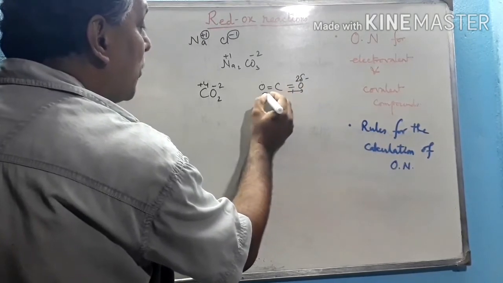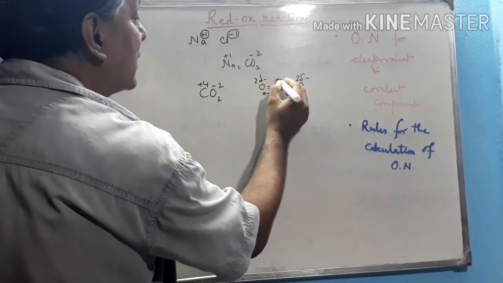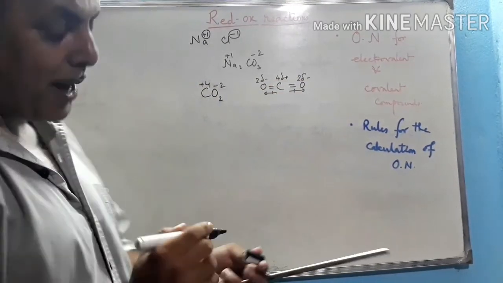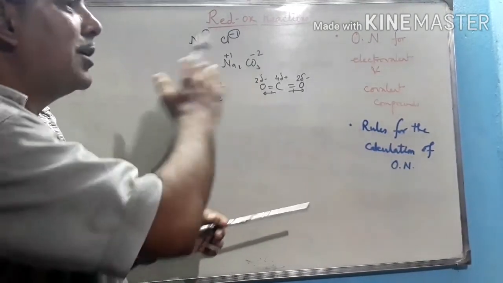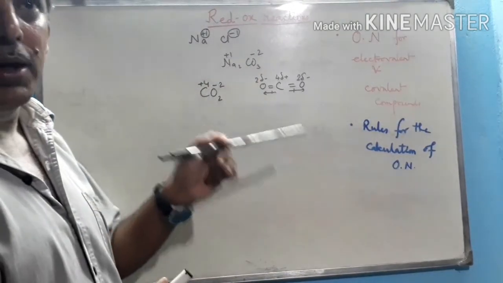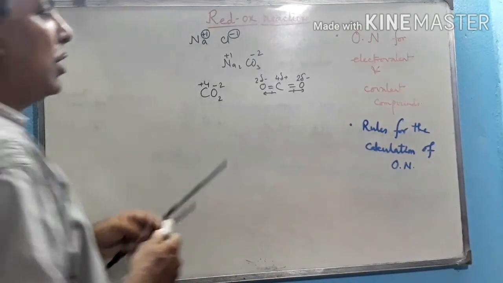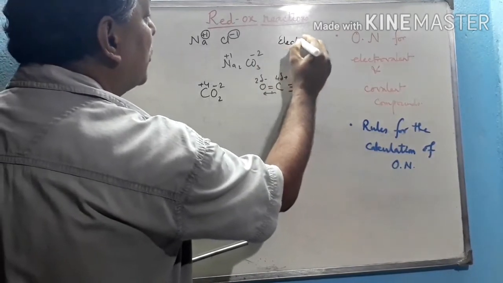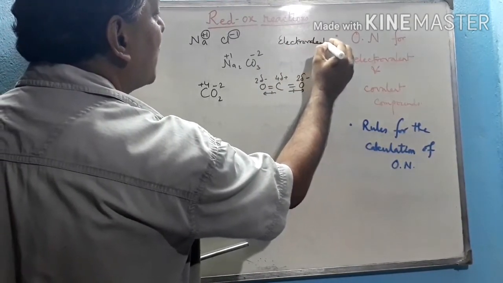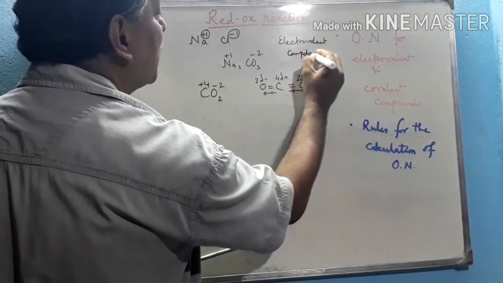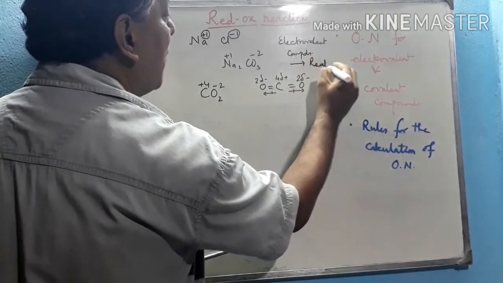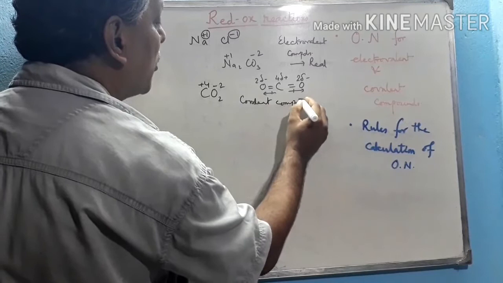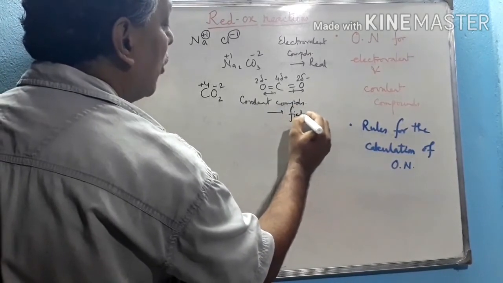This oxygen occupies 2 delta negative charge over it, and hence carbon occupies 4 delta positive charge over it. But here the carbon is assigned +4 charge, which means complete electron transfer is assumed. But actually CO2 is a covalent, non-polar molecule, so it has no charge at all. That's why we can say that in case of electrovalent compounds, the concept of oxidation number is real.